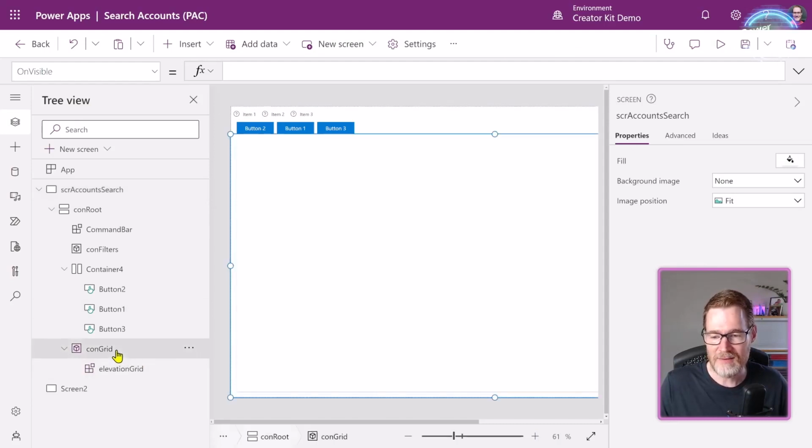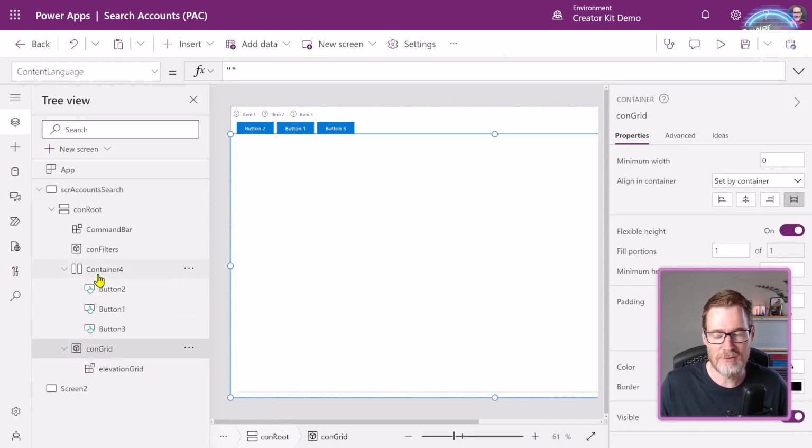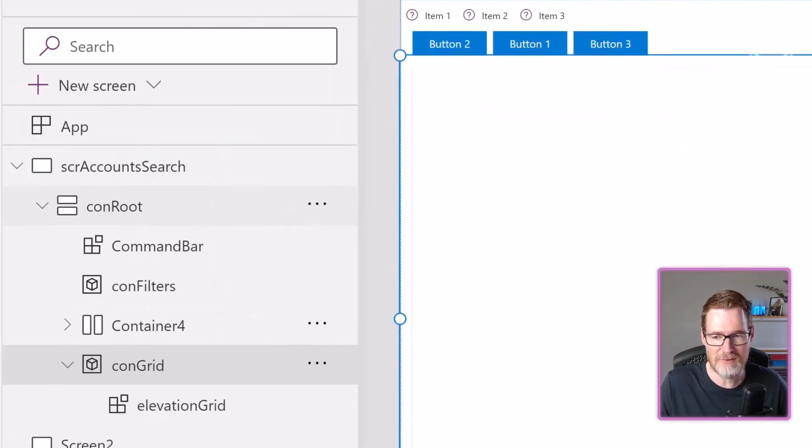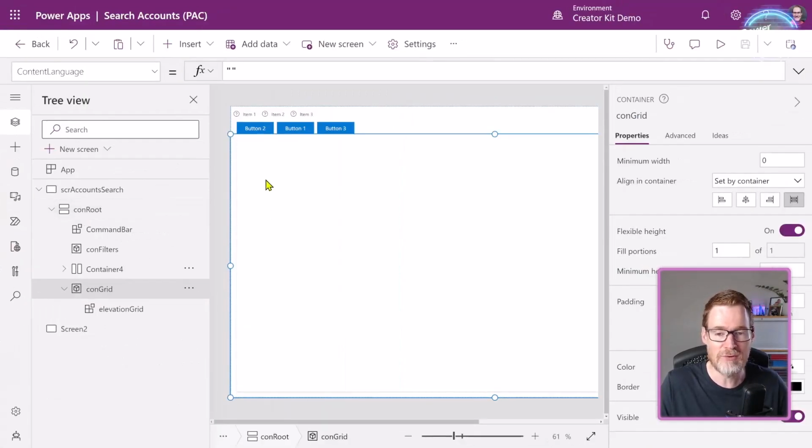And the reason I added this container here as a child to the parent container, because of course I could have just added this elevation as a child to the root container, is that I want to add other components on top of this elevation. So in this case, we're going to add a grid on top of the elevation. If I added the elevation directly inside the root, then I would never be able to superimpose anything on top of that. So by adding a container, that enables me to have the grid behind another component that I'll also add to this grid container as well.